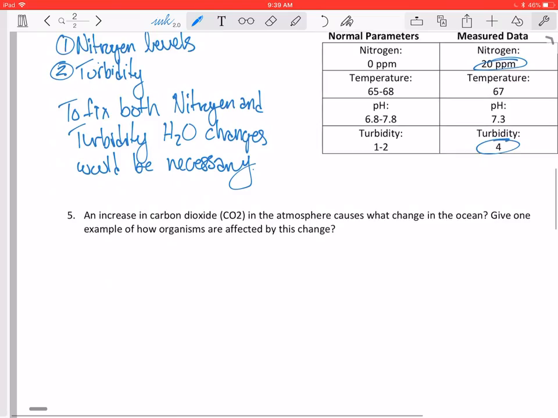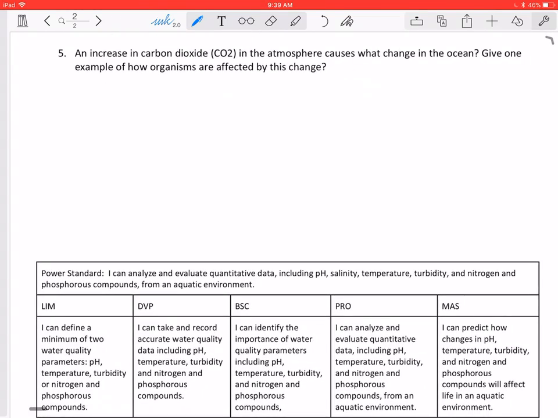All right, and finally, looking at our mastery question, number 5 here. So this came from one of our readings. So an increase in carbon dioxide or CO2 in the atmosphere causes what change in the ocean? Give one example of how organisms are affected by this change. And then, so the first thing that it's asking is what is this causing? So our first part of this question, so the ocean